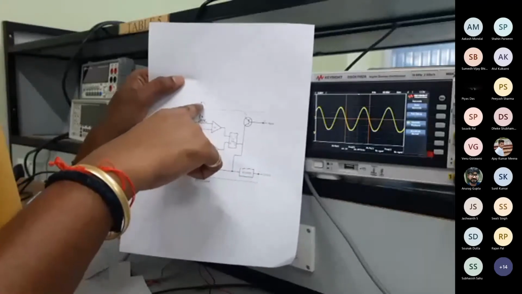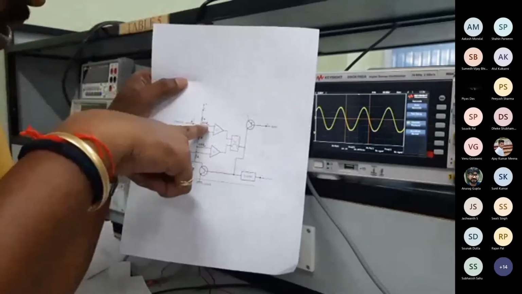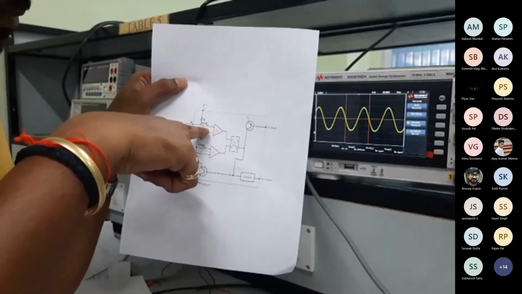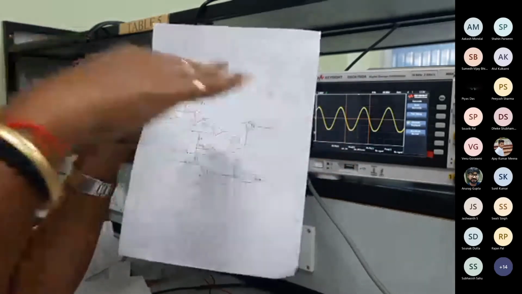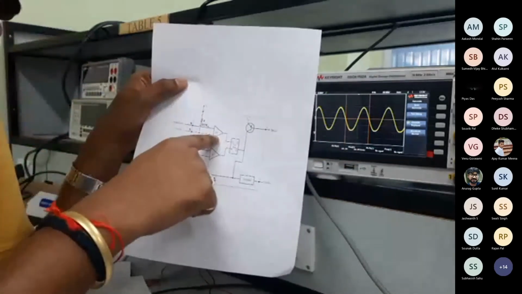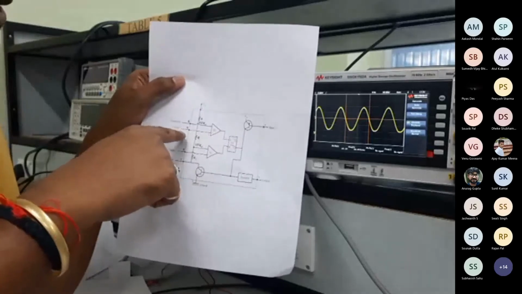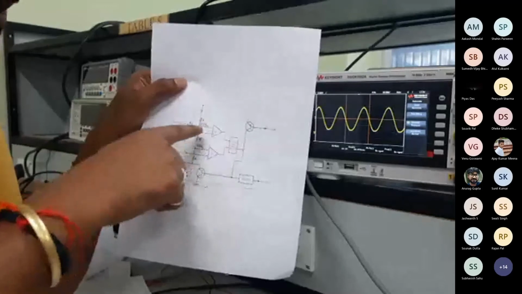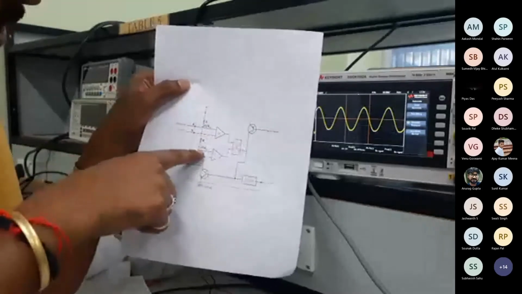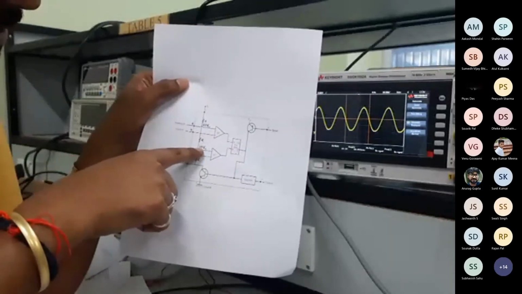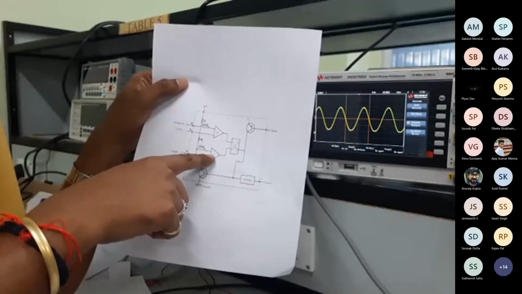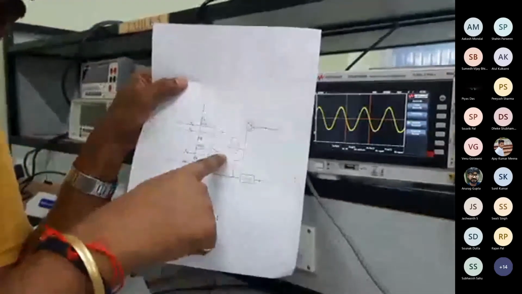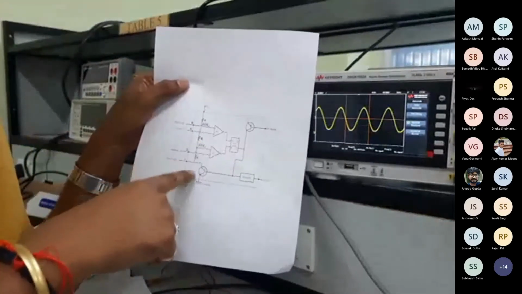Suppose we are giving 10 volt at the VCC. Right now the upper comparator will have a 6.66 volt reference. If we give a control voltage at the non-inverting input above 6.6 volt, we will get some output. Otherwise, we will get some negative voltage. Here 1 by 3rd VCC is the reference voltage for the lower comparator. Obviously, above 3.33 volt, the output will be non-inverted. Otherwise, the output will be inverted.